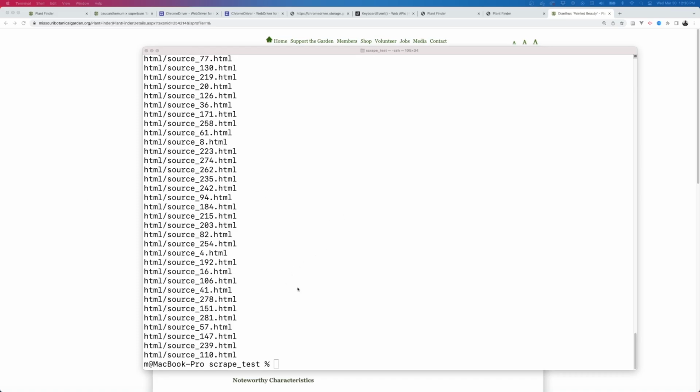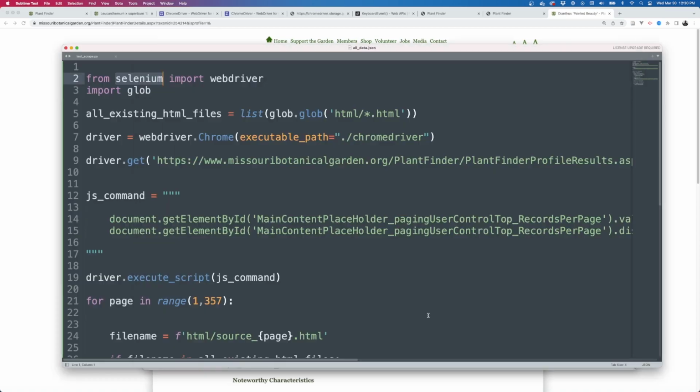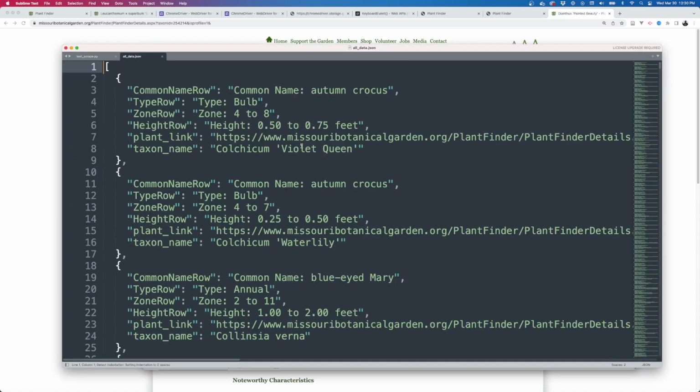All right, so I finished running. We should see in the same directory, right? Here's our extracted all data there, 2.4 megabytes. It's not tiny. So let's take a look at it. And so now we have